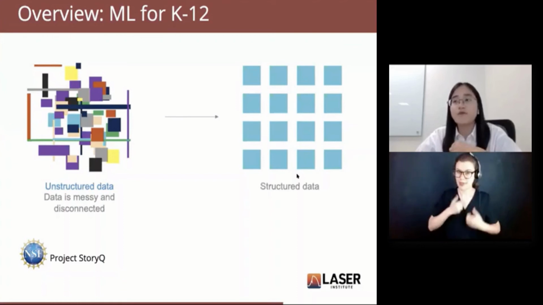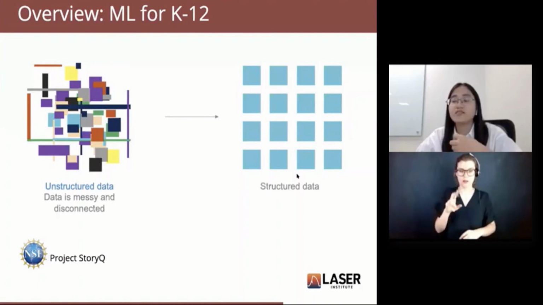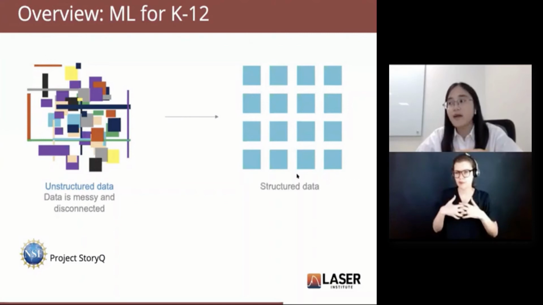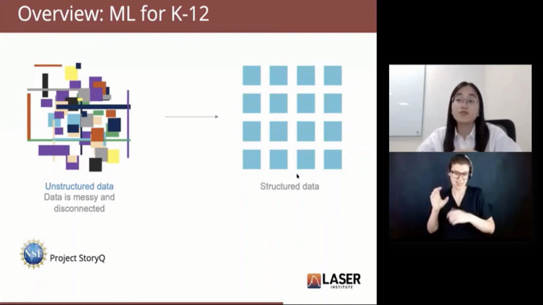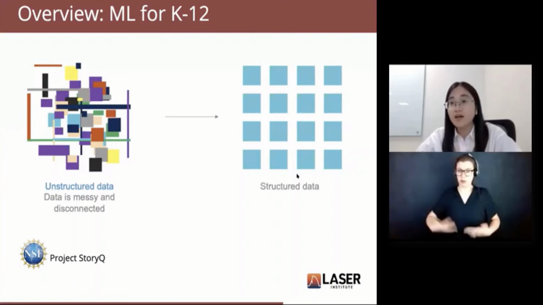For instance, the work from my group focused on teaching high school students to model unstructured data, as it's a foundational practice in building machine learning models as a subfield of AI. This project, Project StoryQ, integrates the learning of math, language arts, and computing. And it has the potential of helping students understand the role of AI developers in